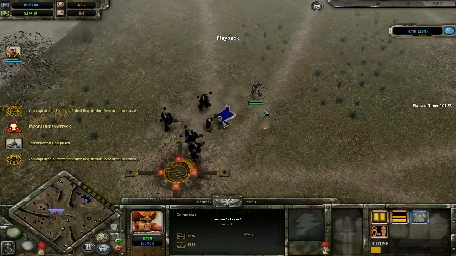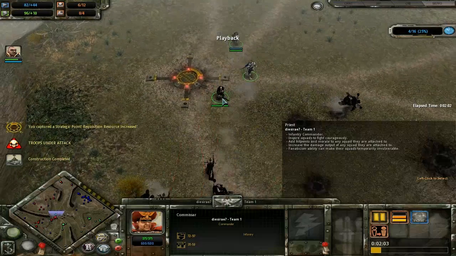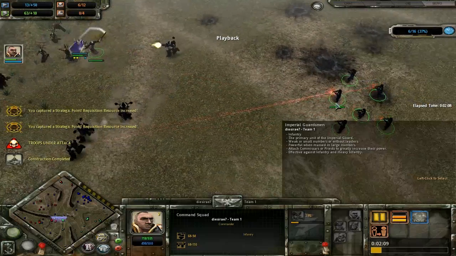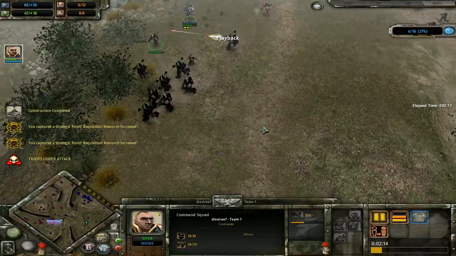And it looks like the Imperial Guard have also brought out a Commissar pretty early as well, and they haven't attached them to a squad either. So interesting to see how they use them. So obviously they're going to be using these commander units to tie up squads rather than to bolster the damage of their